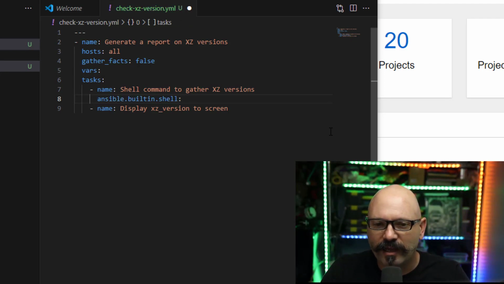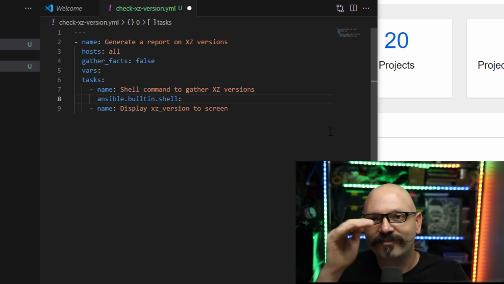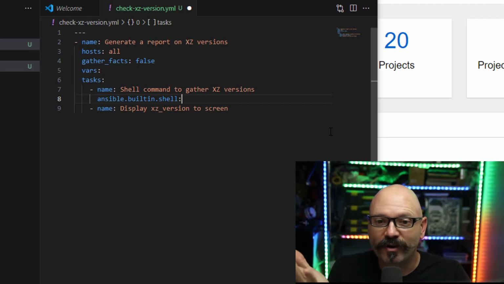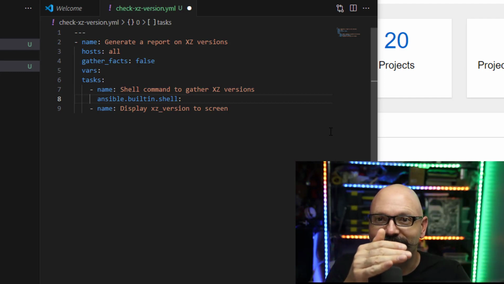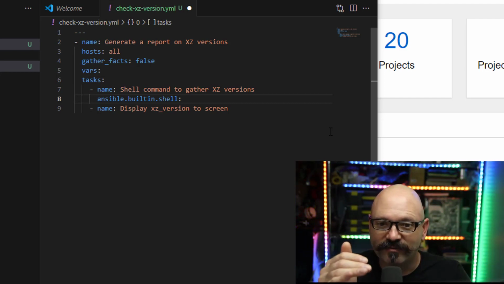As you see, at the beginning of my tasks I have that dash or minus, whatever you want to call that, because this is a list of tasks we're going to be operating under. Everything for an individual task will live under said task, so it needs to be indented in. So ansible.builtin.shell, and we will do